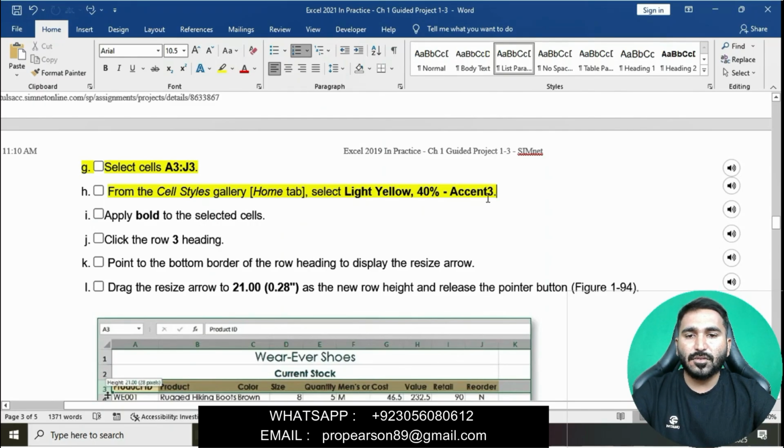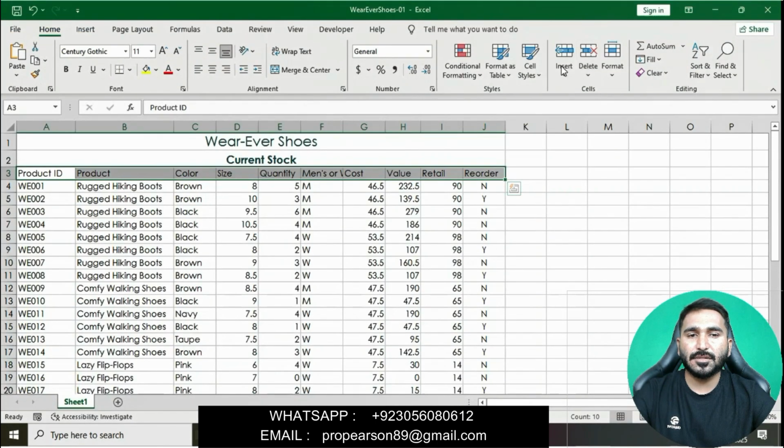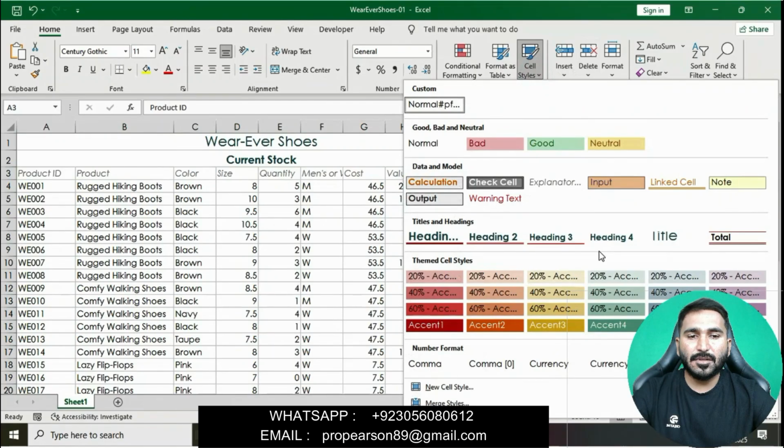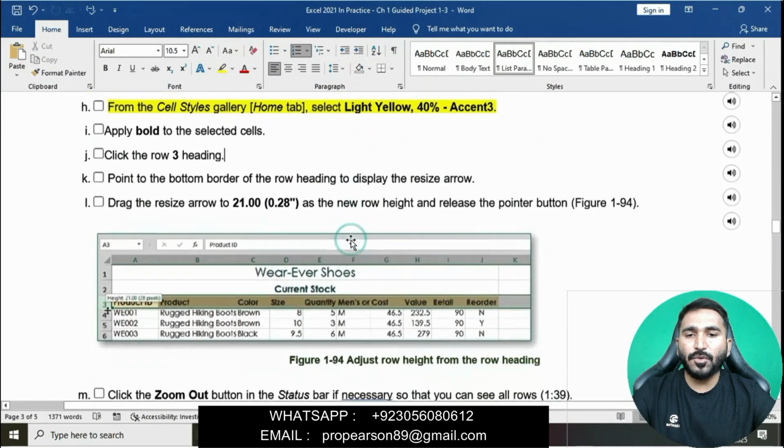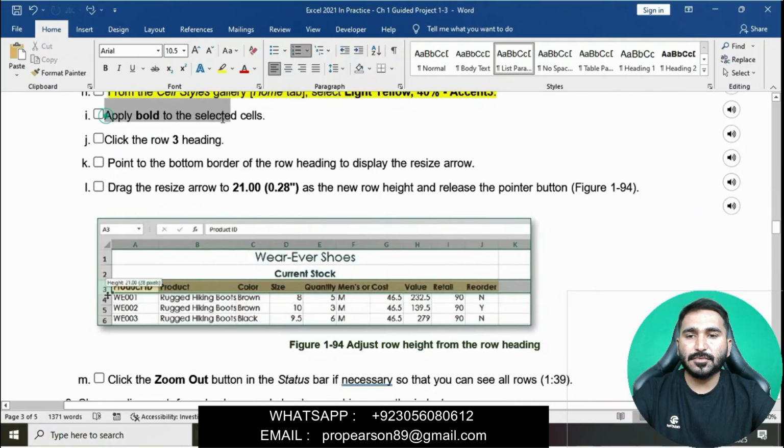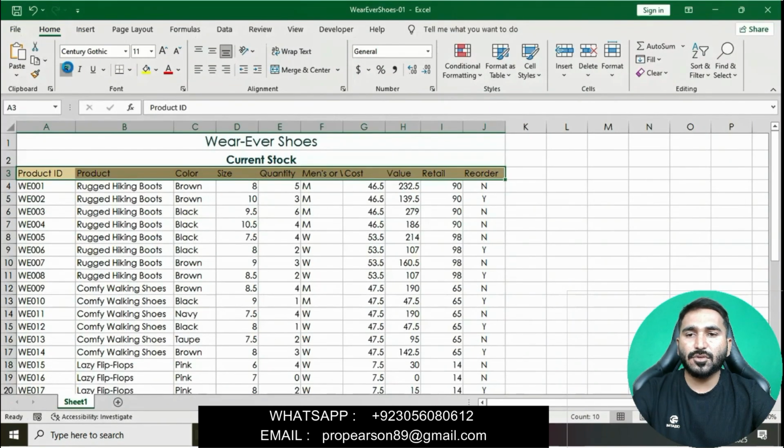Home tab, Cell Styles gallery, apply Light Yellow 40% Accent 3. Then apply bold to the selected cells: go to the Home tab, Font group, and apply bold.